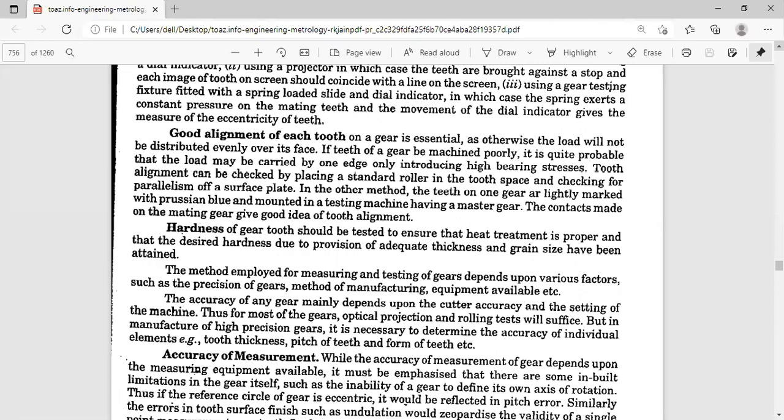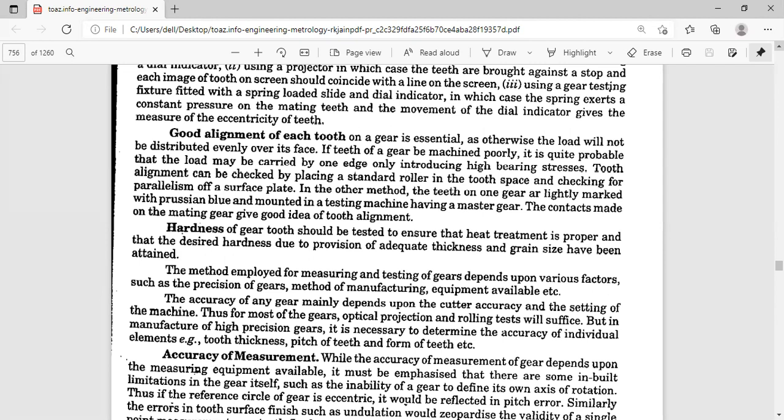Because the surface plate parallelism is not correct, it is like a reference point of the datum plane. Whatever measurements you are checking by using the surface plate, they'll be wrong. That's why you have to first check the parallelism of the surface plate or flatness of the surface plate by using a spirit level. It will be available in the metrology lab, and then you have to start your experimentation. So that is very important.